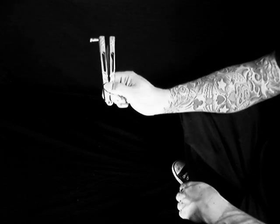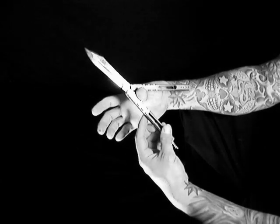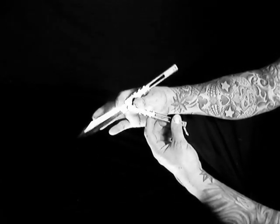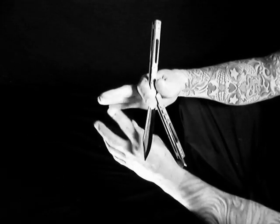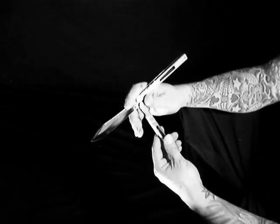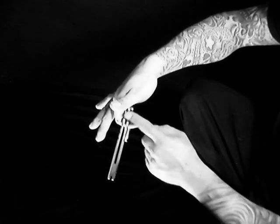So once again, toss the bite handle out, allow it to rotate, placing your index finger in between the handle and the spine of the blade, at the same time moving your fingers completely out of the way. Naturally they'll be down in this position. You want to make a conscious effort to move them out of the way before you get into this position,